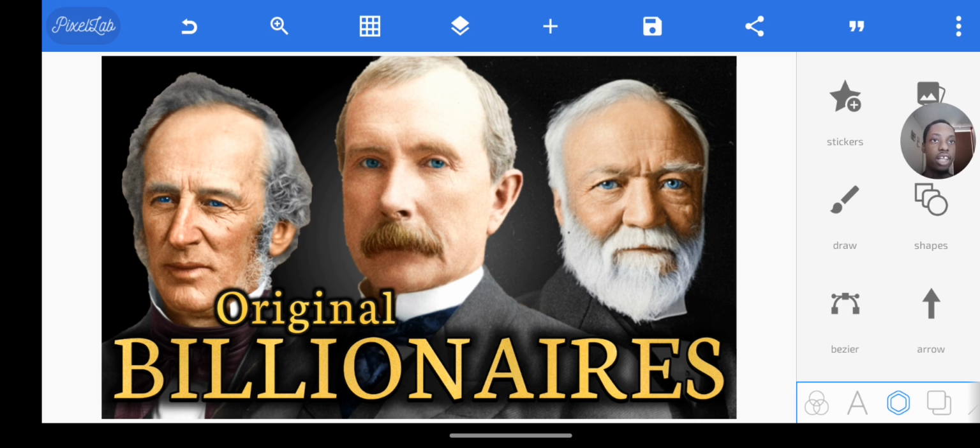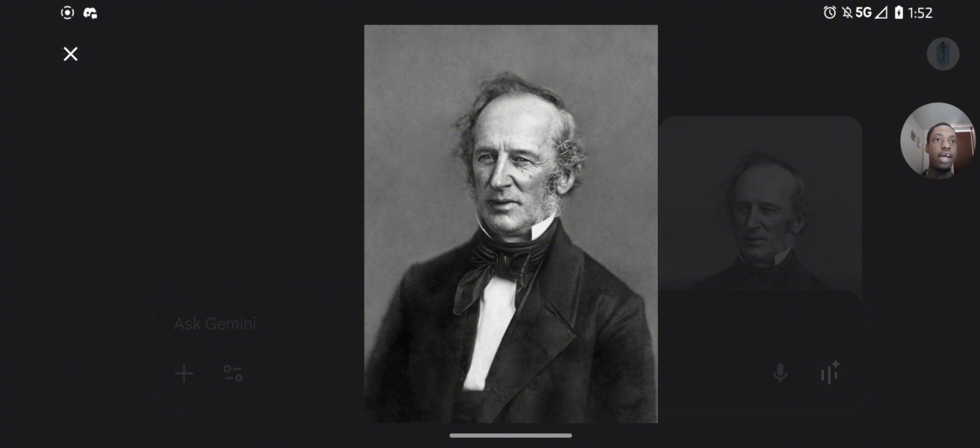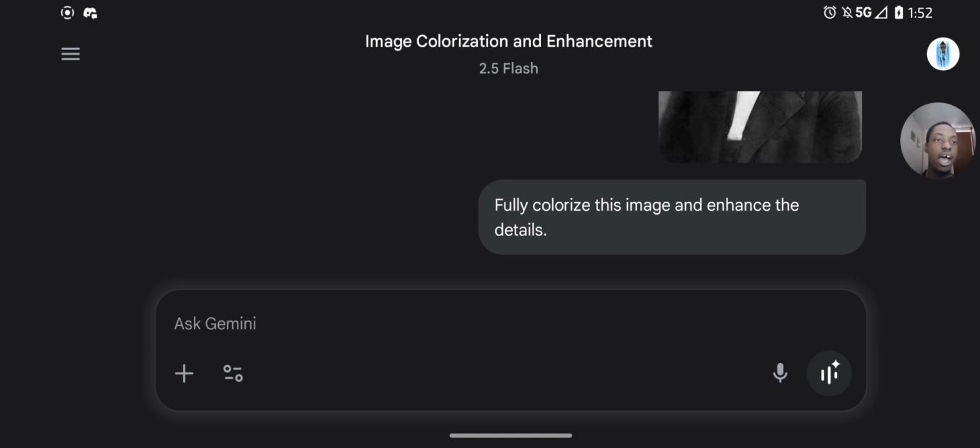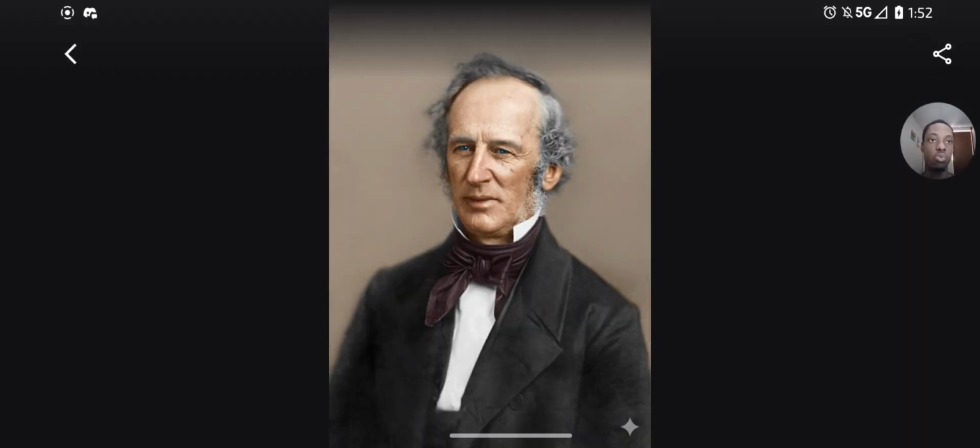And for my last use case, you can also ask it to color in some old images. For example, I asked it to take this image of this, I forget who this is, but I asked it to fully colorize this image and enhance a few of the details, and this is what it gave me. This was from a painting,